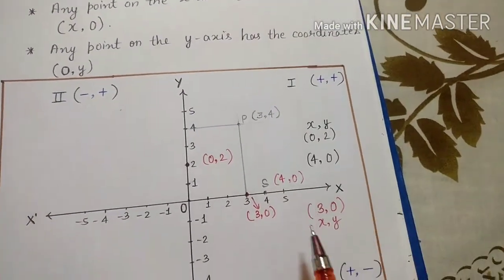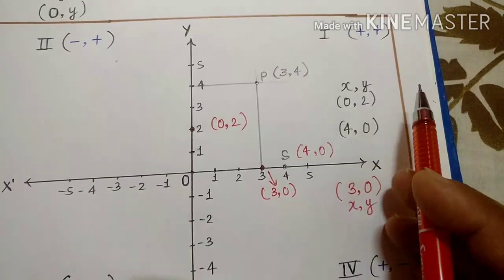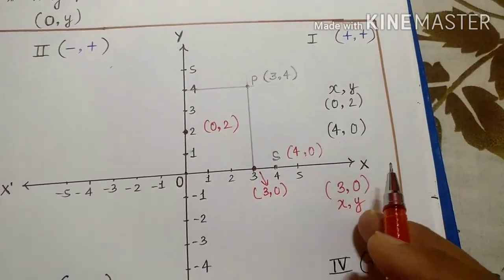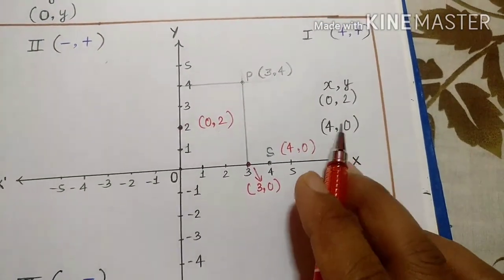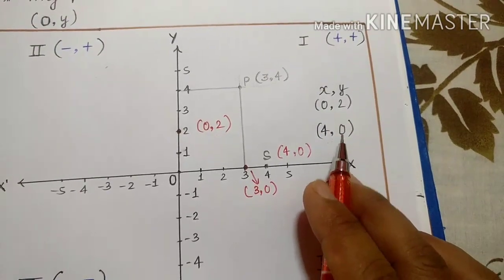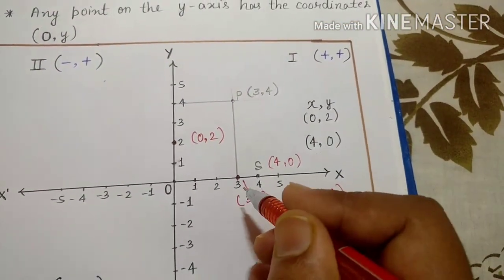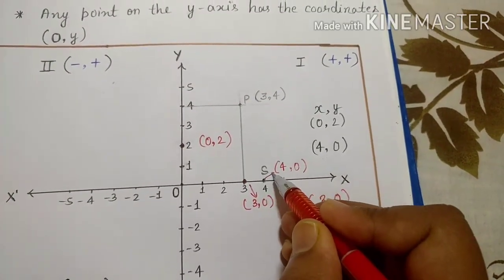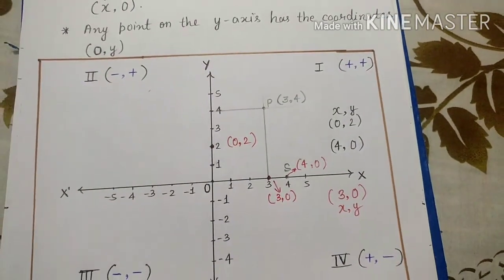Whenever the coordinate of x is given as 0 and the coordinate of y is given some value, you can show it this way: the point should be shown on the y-axis only. In the other case, if the coordinate of y is given 0, like (4, 0), here the coordinate of y is 0, so that is on the x-axis. The point will come on the x-axis only, like this. So we have shown (4, 0) here. Clear to you? I hope this point is clear to you.